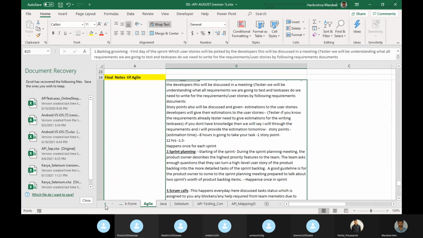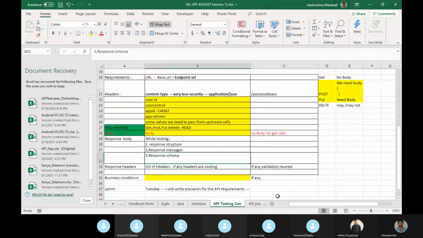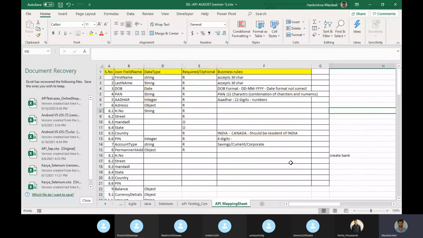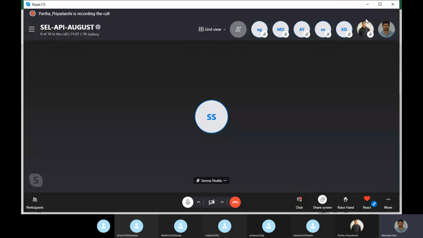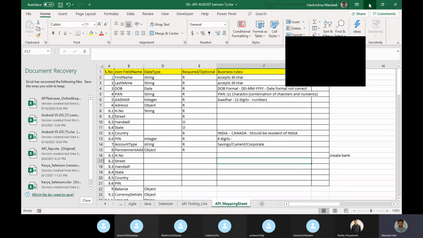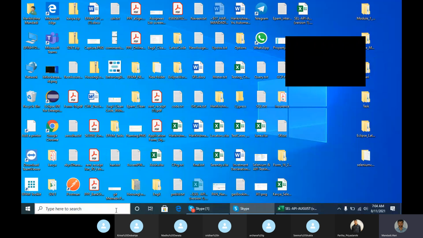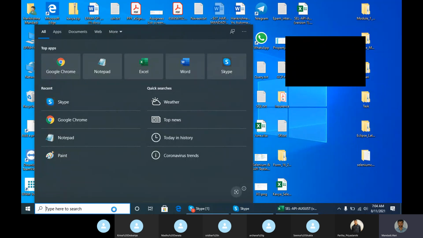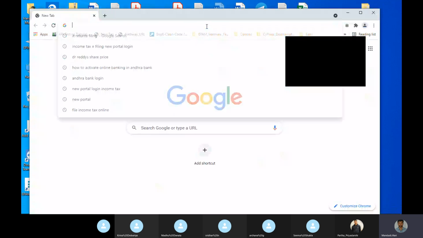Okay, if no queries, we will take one API and from there we will start scenarios. For get we will start, and post we will see, and how the put and all those things work. I don't want to write here, I already have cases that I will show. If you have any queries, we will discuss.